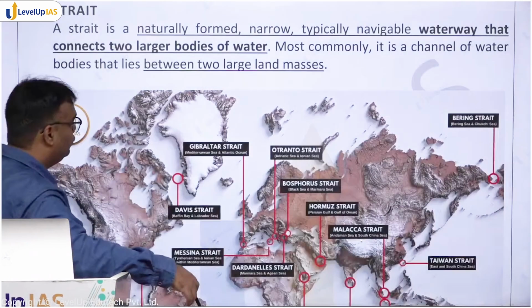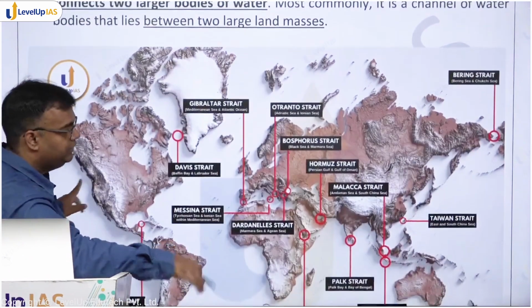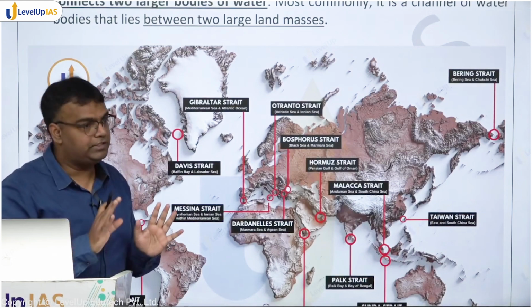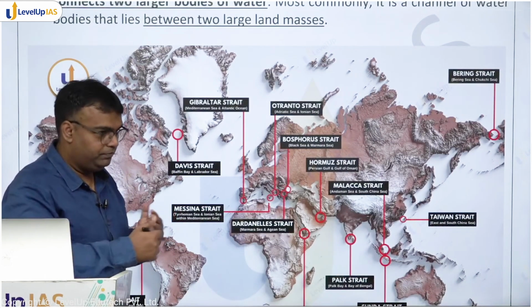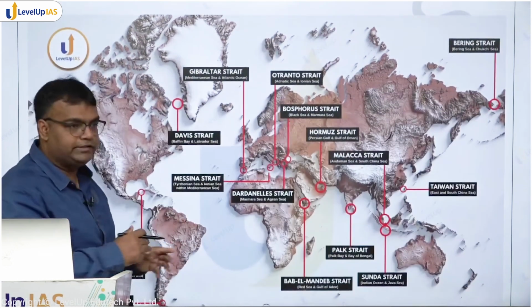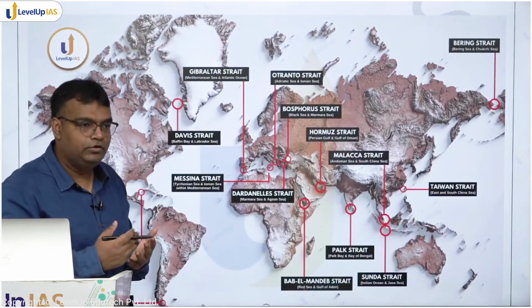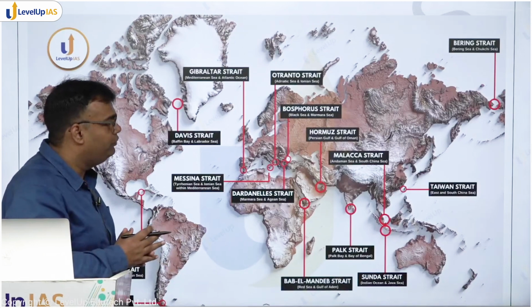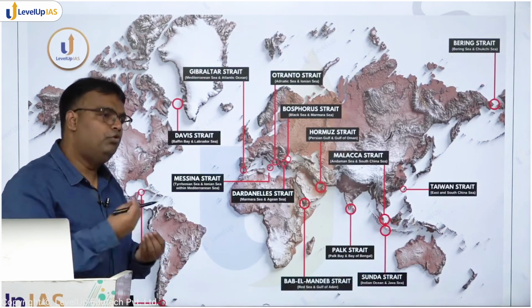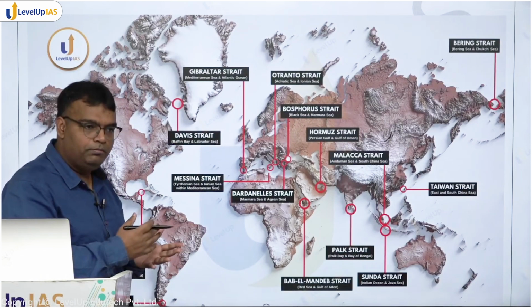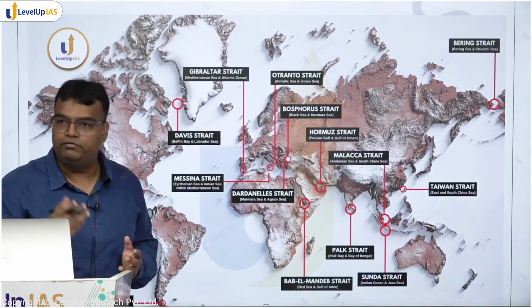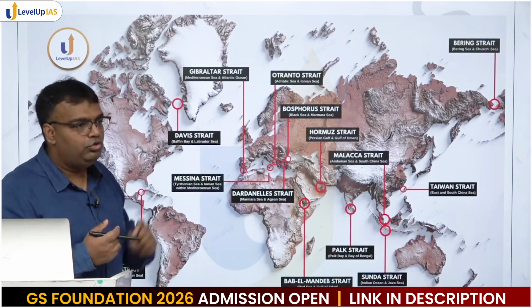If you go in the world, these are some of the important straits. We will be discussing each of these straits separately. We will go into detail on all of them. But at one place, if we have to quickly revise all the important straits, so you would be wondering, Sir, aren't we studying any other straits? Yes, definitely. We will study more straits beyond this also. But these are the most important ones, and the first thing we should start with whenever we start revising the mapping section would be to revise these straits.